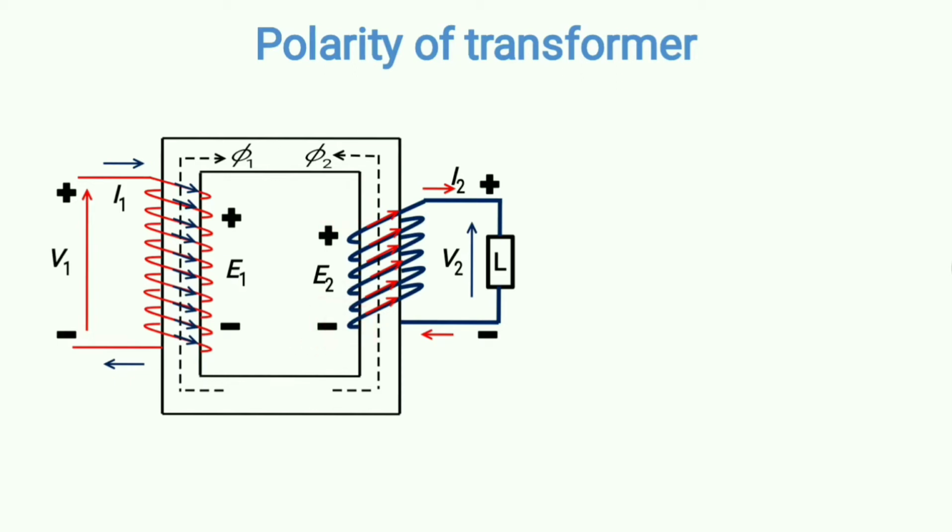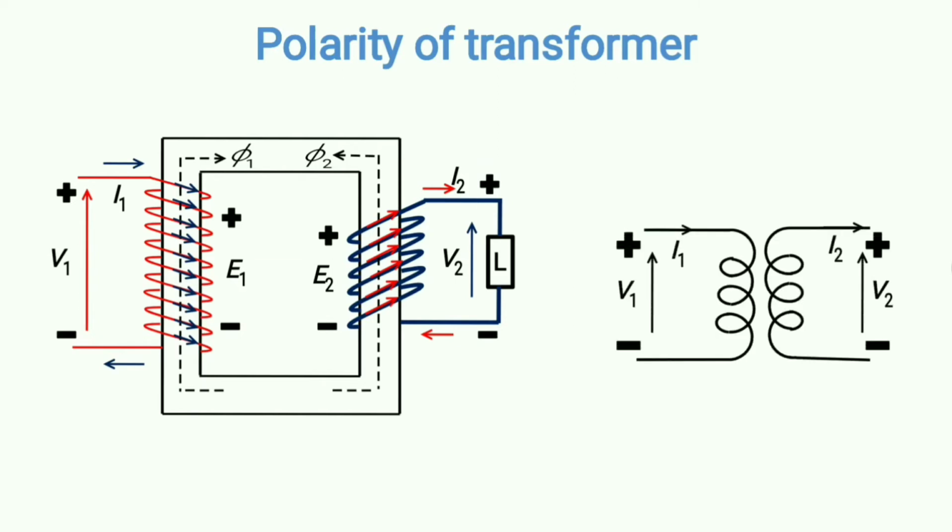Similarly for the secondary side voltage V2, the positive polarity is coming here and the negative polarity is coming here. So what we can conclude is that the positive polarity for both primary and secondary windings is at the same side. See here, positive polarity is there, and at this side also the positive polarity is there. We can replicate this using this circuit diagram; it will be easier to understand. The plus sign is at the same side for both the windings. So that will be called the subtractive polarity.